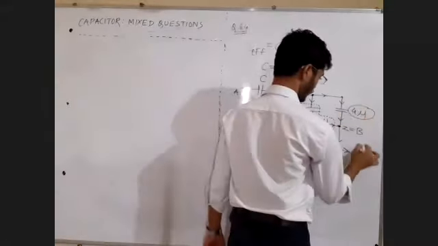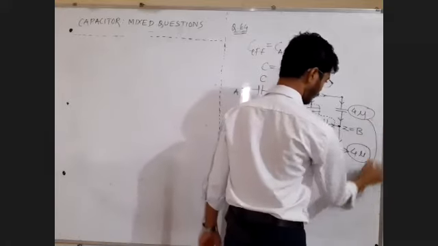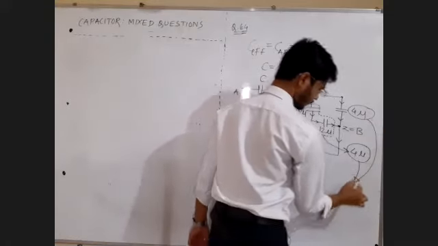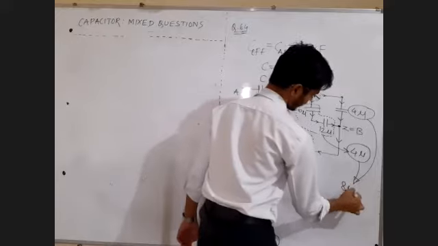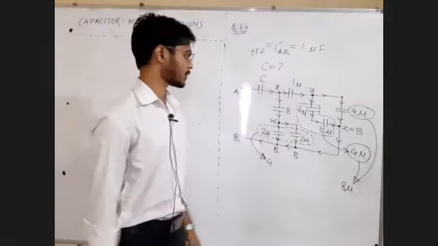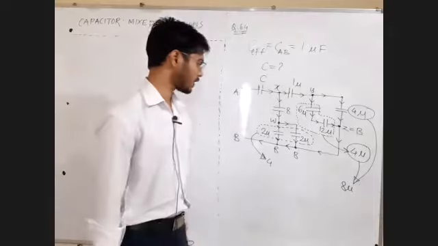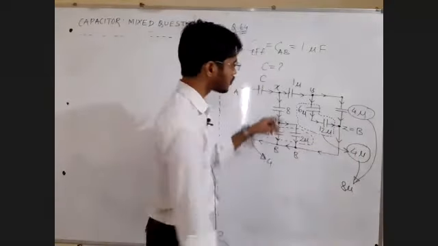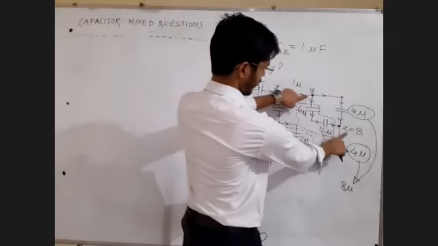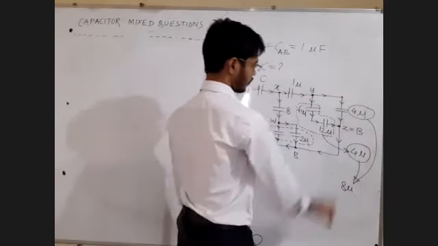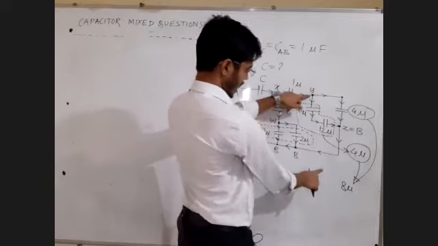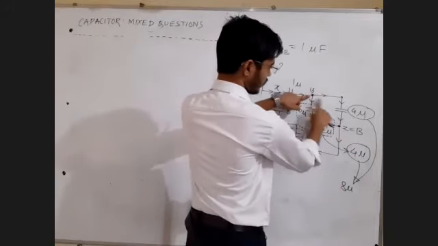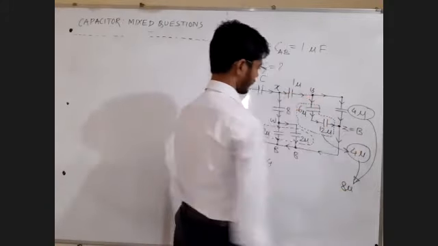So this 4 micro and this 4 micro will give me what? 8 micro, because they are in parallel addition. Capacitors in parallel, resistance in parallel addition. So these two will give me 8 micro between Y and Z points, but Z point is B. So between Y and B, it is now giving me 8 micro.